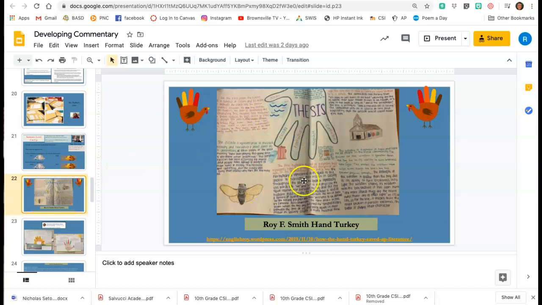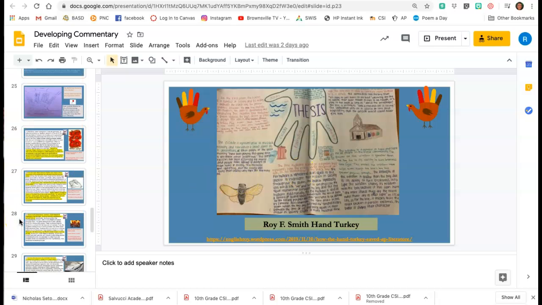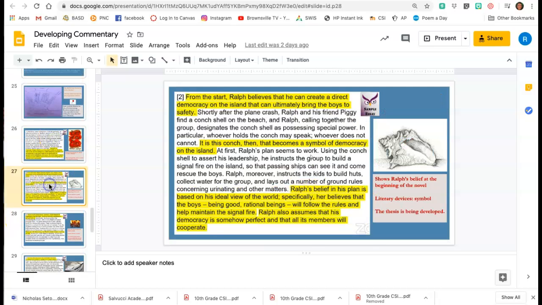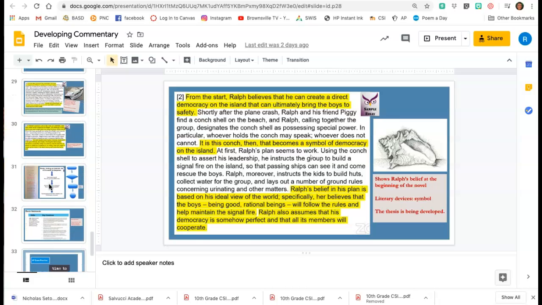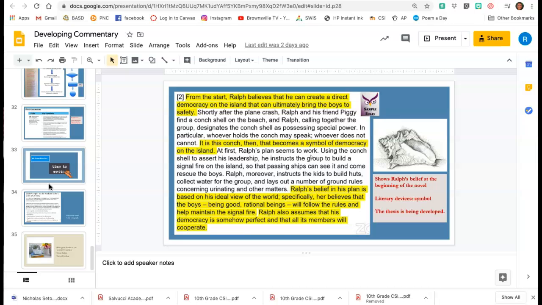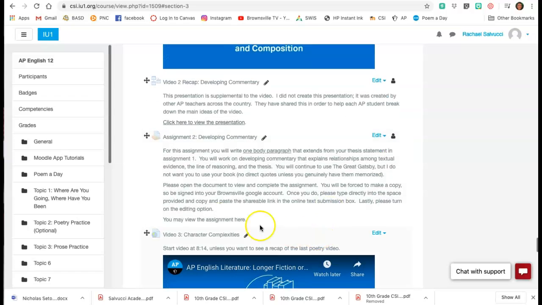We were actually going to do this activity this year around Thanksgiving, but we ran out of time. I can't remember what we were doing, but it's called the hand turkey activity, and it's pretty fun, and it helps you to establish that line of reasoning. It will take you through and show you some sample essays as well as some thesis statements.